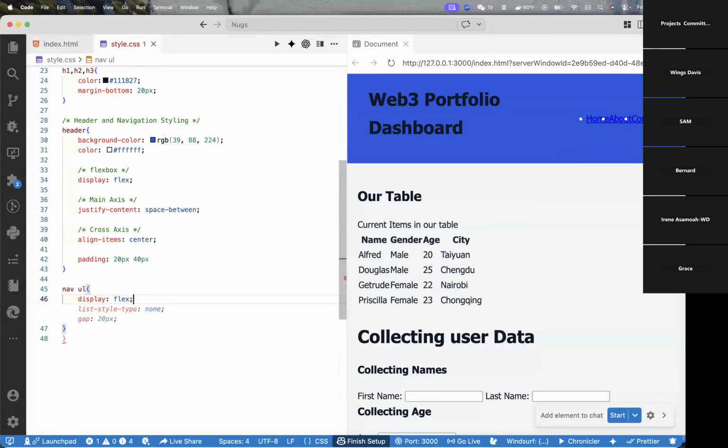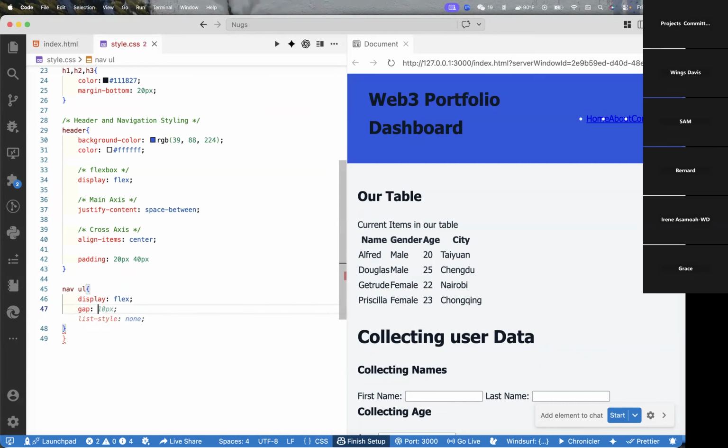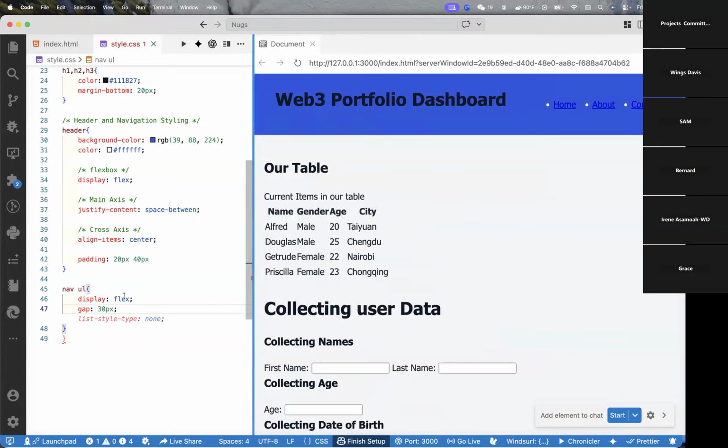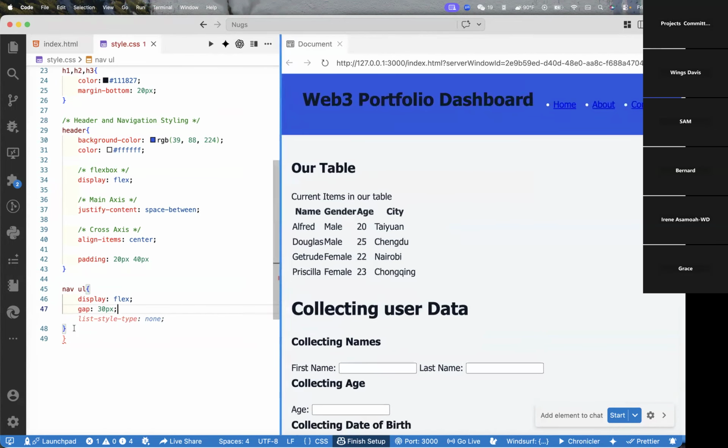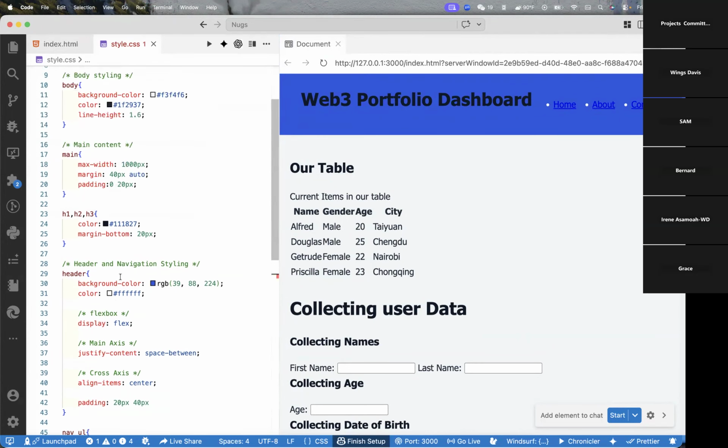Okay, so the display flex, and then I'll give it a gap between the home, about, and then the contact. So I'll give it a gap of, let's say, 30 pixel, and I realize that there's a good spacing between them. Okay, good. Yeah, there's a spacing between them. And then when that is done,